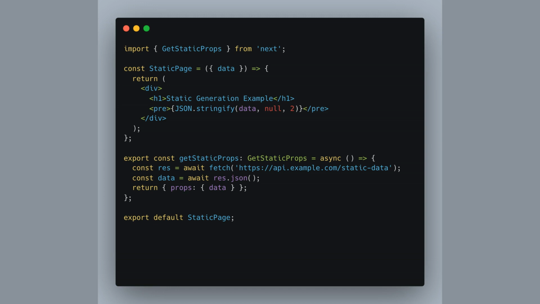This means the data is fetched once during the build process and used for all requests, making the page super fast. This method is ideal for pages where data doesn't change often, like blog posts or product listings, and it's